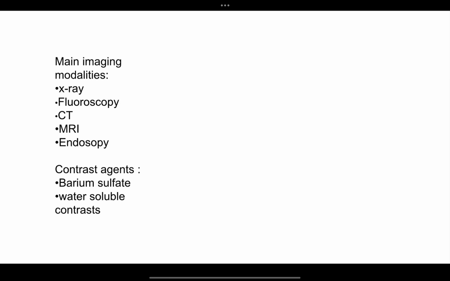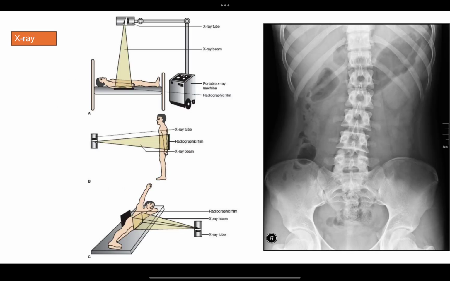These include X-ray, fluoroscopy, CT scan, MRI, endoscopy. Also, we use contrast agents with barium sulfate for X-ray or radiography and fluoroscopy, and water-soluble contrast for CT scan and for fluoroscopy, for X-ray sometimes, and endoscopy. We will also review how the normal gastrointestinal tract appears on different imaging studies. Let's get started. First,